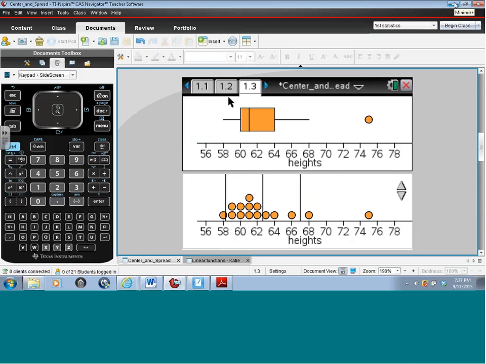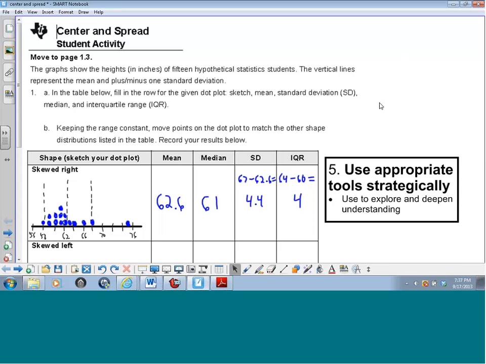It's just so powerful. I thought it was more powerful than me drawing a box plot on the board, where the students got confused as I was going through the steps of how to draw a box plot. I thought, well, they really need to see how it's made with the data and see how it changes with the data. And it helps them explore and deepen their understanding of what's happening there. And so then